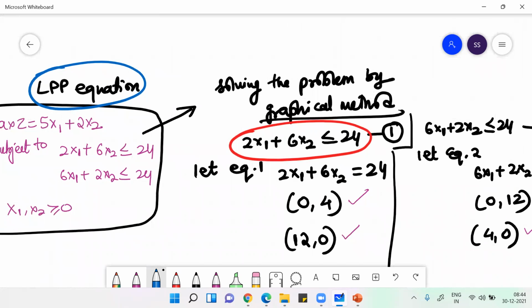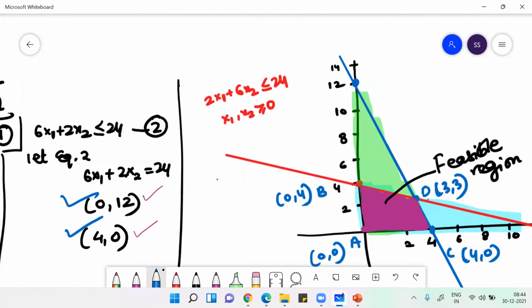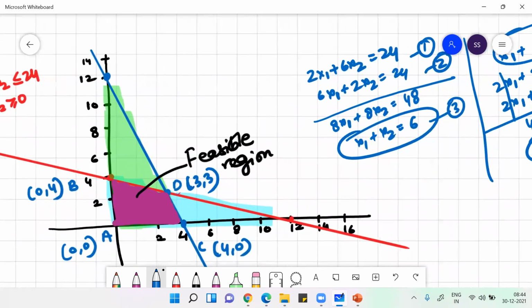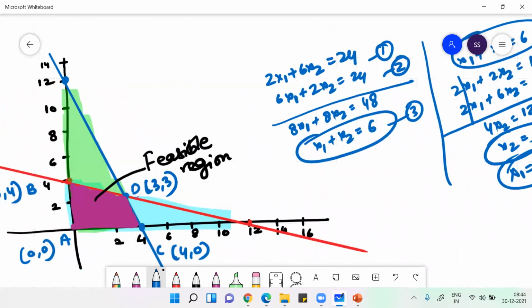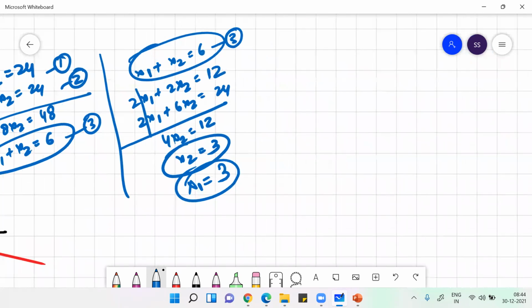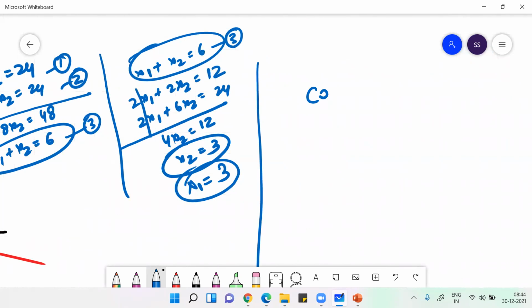If I'm solving the question by using the graphical method, you'll get different coordinates. Based upon these coordinates, you have to draw the lines, and then you have to find the feasible region. What is the feasible region? It is the region which is common between all the lines. So I get all four coordinates. These coordinates, we call corner points. Why corner point? That I don't know. That is what I have heard of, and I'm using the same thing.